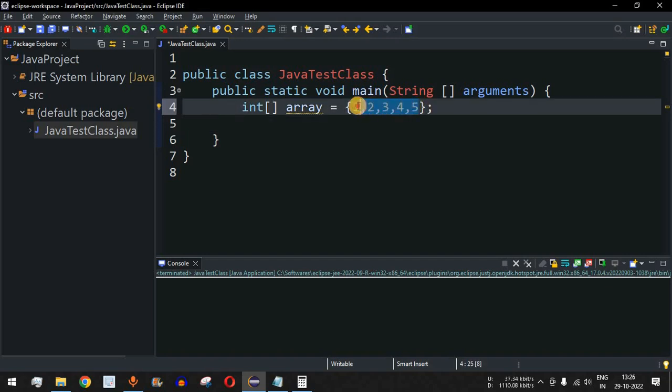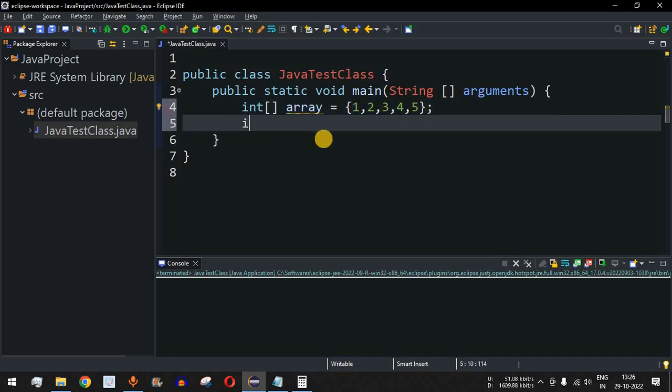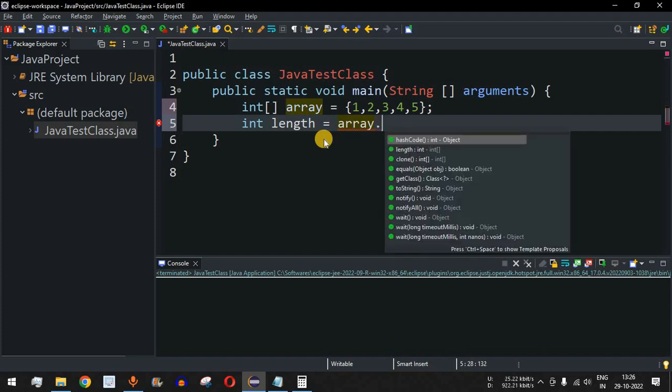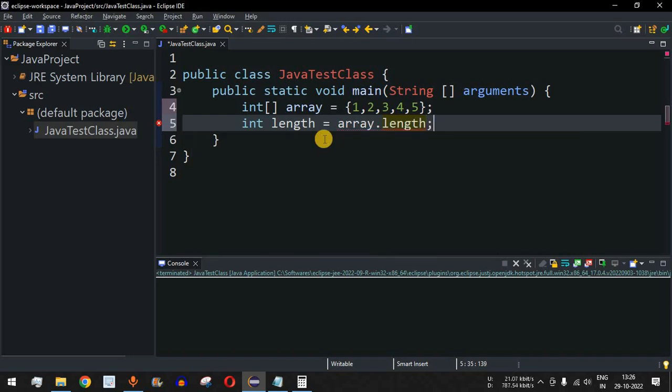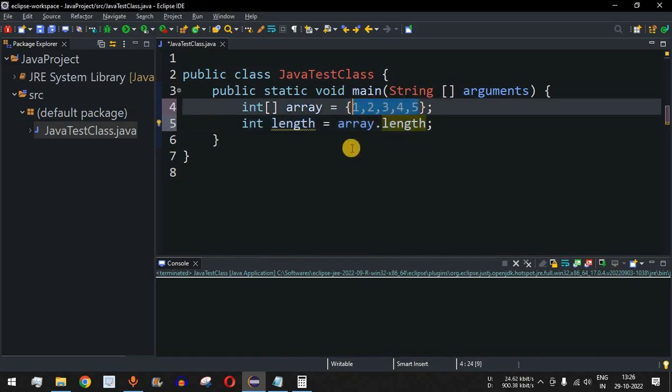So guys, it can be any count. In this case, we know the count, but sometimes we won't be able to find the count by knowing what are the elements in the array. So what we can do is we can have another variable in which we will store the length of the array. So the variable name is length, and we will use this array variable followed by dot, and then we have something called the length property over here. So this length property will help us find the count of the elements inside the array.